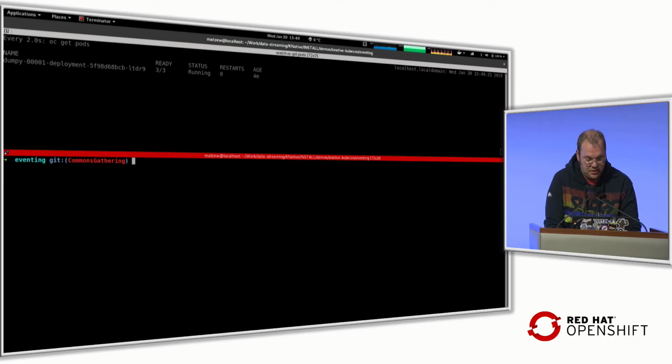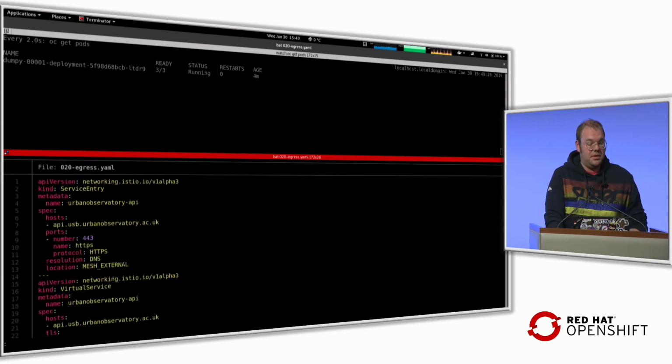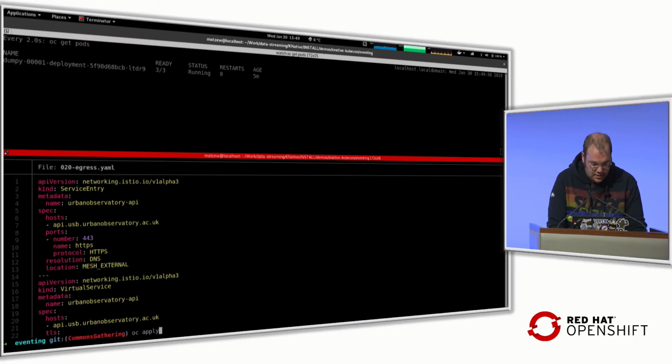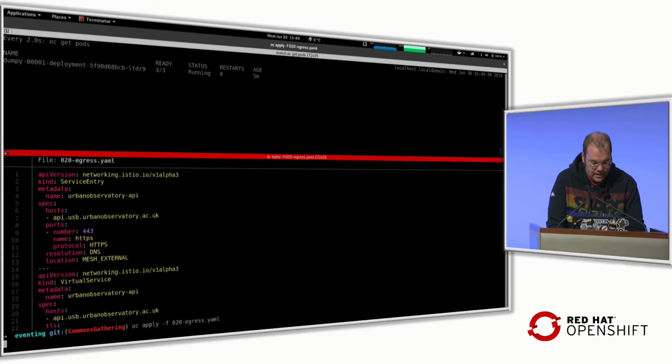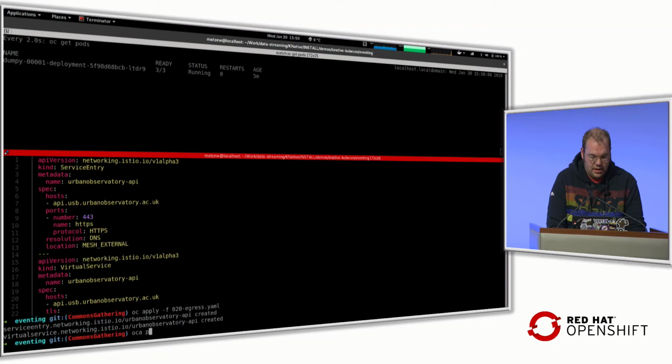Now, because this is not cluster internal, I need to provide some Istio routing rules. I need to tell Istio that I'm going outside here. I'm telling it it is port 443, and the protocol is HTTPS. Sure, I said WebSocket before, but WebSocket is established from HTTP. So it's a secure WebSocket connection that's established from an HTTPS upgrade. 101 is the response code, and then you're basically on WebSocket. So that's what you need to do there. We can now apply these Istio network rules. And once these rules are there, I'm fine to provide my data source, or event source.